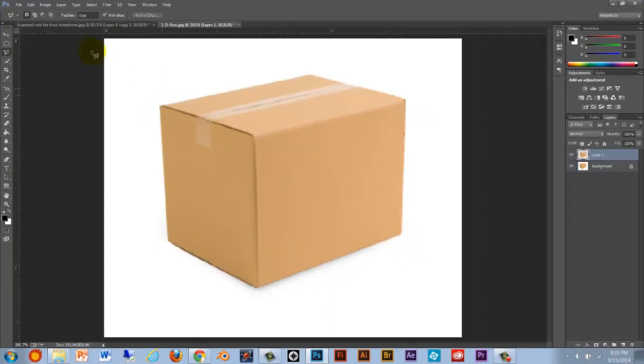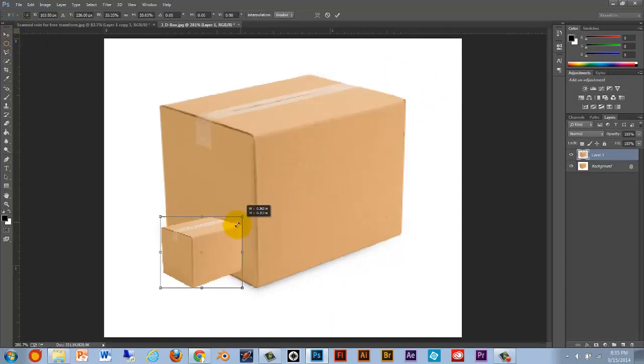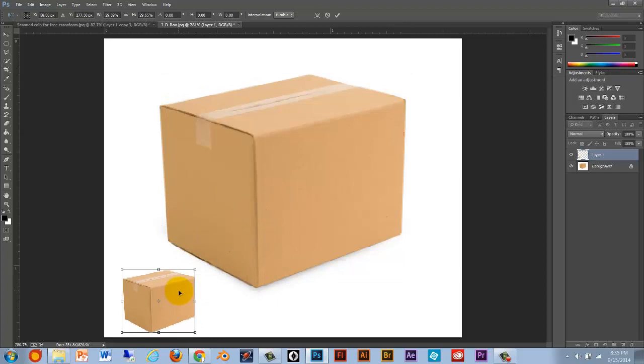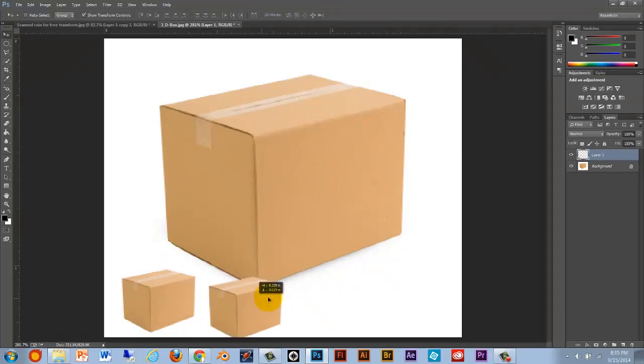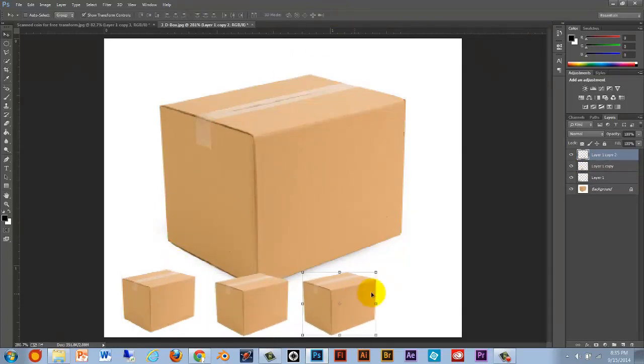Control J, put a box on its own layer. And let's move that box out here so we can have a couple boxes. And remember, holding Alt down, oops. Oh, I have to finish the move and resize, and then hold Alt down, and I can make as many boxes as I want. And each one of those boxes is up here on its own layer. So those are the basic manual